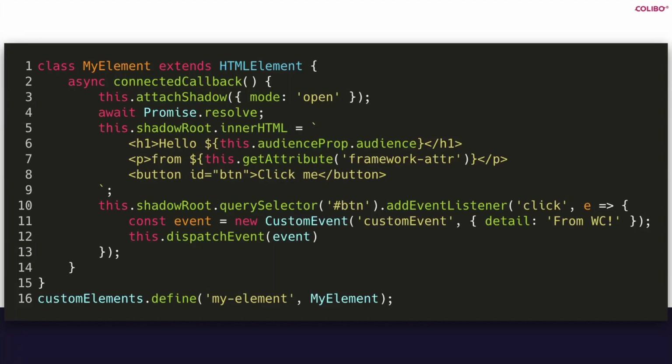Then I have a button, and whenever the button is clicked, then we want to actually emit a custom event that the container framework can react to.